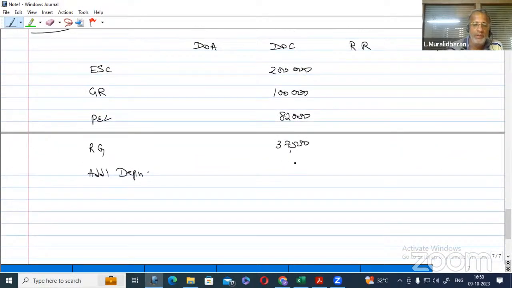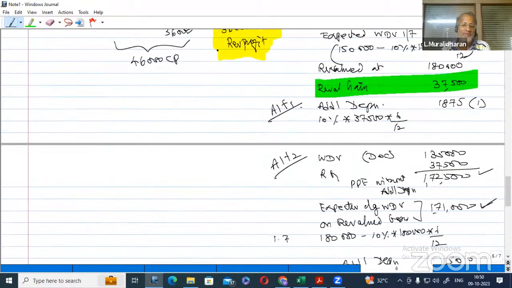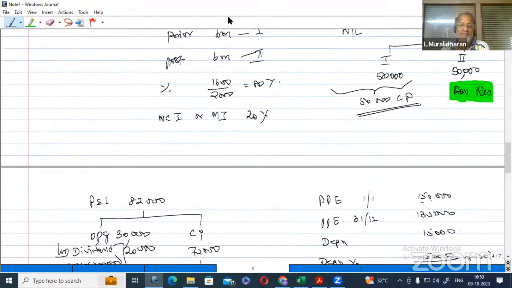37,500. And additional depreciation that you have, 1,875 within brackets. Okay. Now let us just go and update DOA. So 200,000, general reserve stood at 50,000. Remember that 50,000. There are two different ways of looking into the subject matter, and we have just chosen